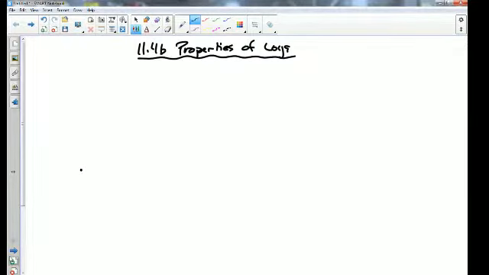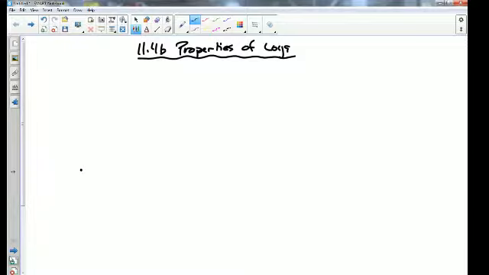All right, so again, if you can understand this, you'll probably earn a point or get a question around the SAT or the PSAT. So the properties of logarithms,